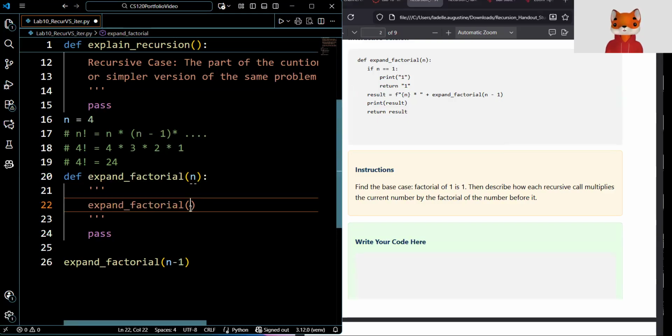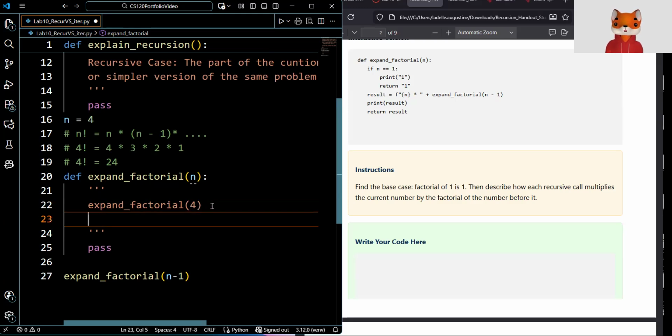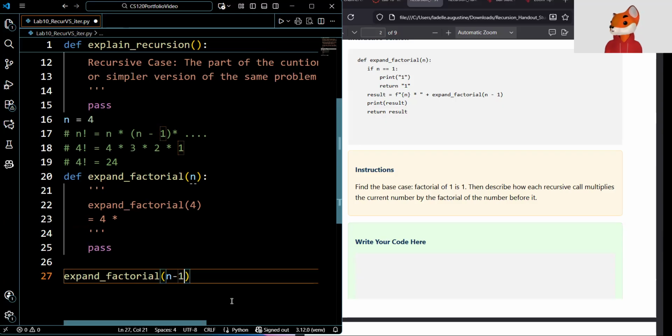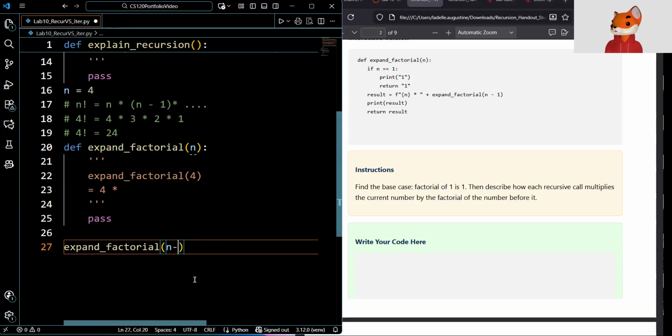So we're going to pass in 4. The first time we pass in 4 here, the process is going to look similar to this. So we're going to have 4 times, when it calls this again, and then here we have our expand 4 factorial. So this original one, when we call it here with expand underscore factorial to initiate the call,